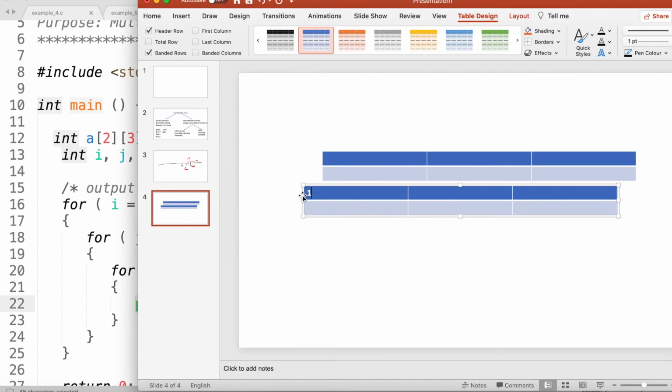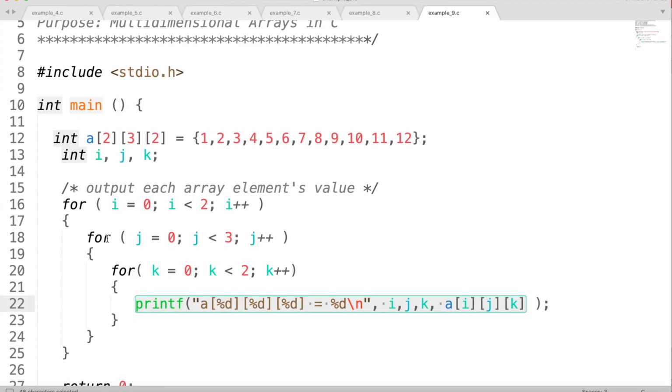right? Then 0 0 1, that is this element, so this will be the next, that is you can think of this as the cube's next element behind that first location in your first table, so that will contain 2. So that is how values are stored in this 3D array, right? So in order to access the 3D arrays, you have to use 3 nested loops or 3 for loops. I hope you all understand the discussion about the 2D arrays and 3D arrays.